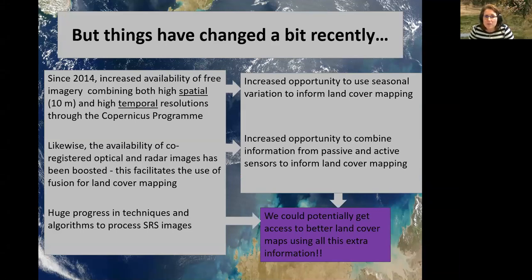First, since 2014, there's been a huge increase in the availability of free imagery that combines both high spatial resolution, so 10 meters or so, and high temporal resolution with up to 30 pictures per year. And that's through the Copernicus program, which basically covers the Sentinel-1 and 2 satellites. That has increased the opportunity to use seasonal variation to inform land cover mapping. At the same time, there's also been